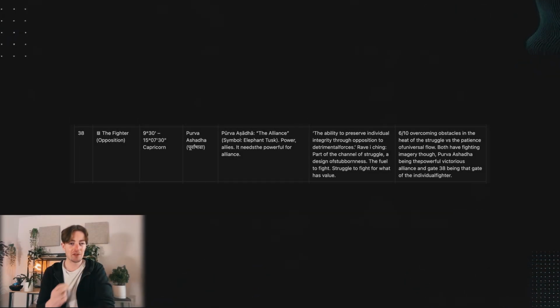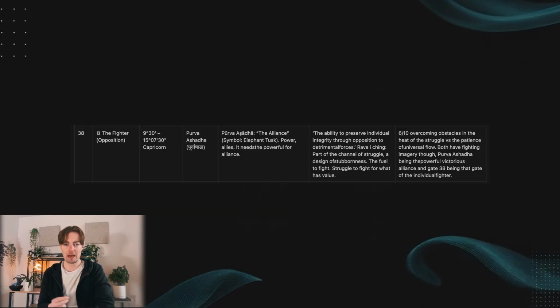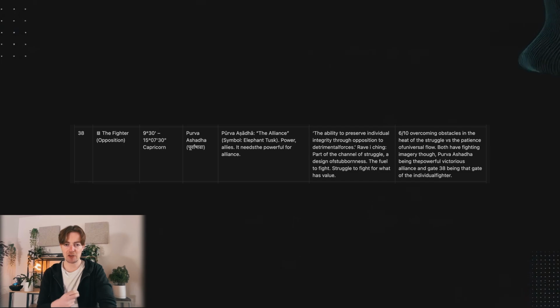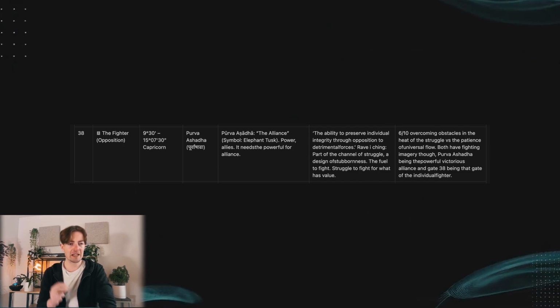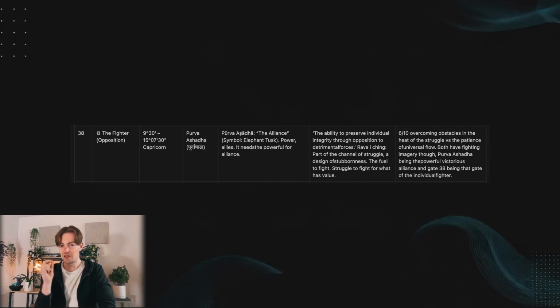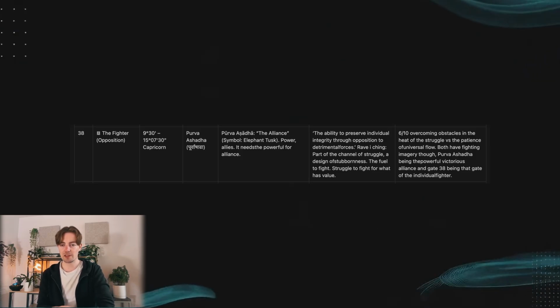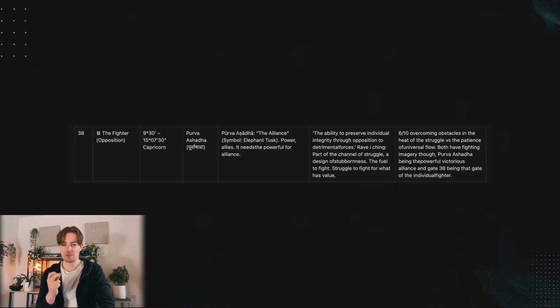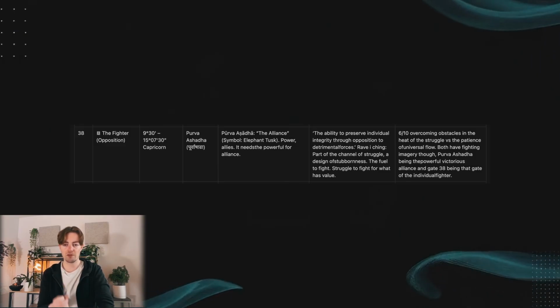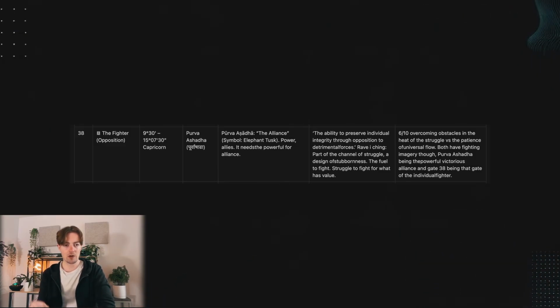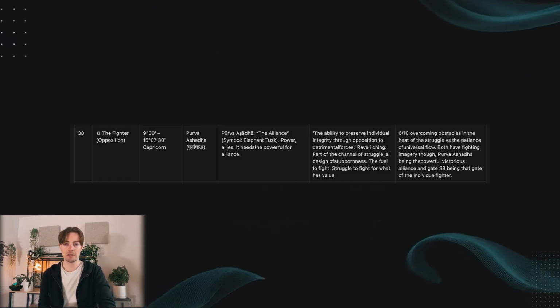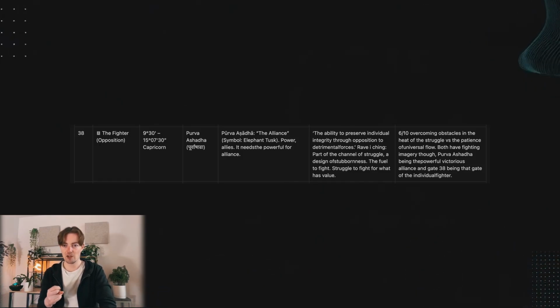Gate 38, the fighter, opposition. This is in 9 degrees to 15 degrees of Capricorn in Purva Ashada nakshatra. So the notes I have for gate 38, the gate of the fighter, is the ability to preserve individual integrity through opposition to detrimental forces. In the Ra Ching, it's part of the channel of struggle, a design of stubbornness, the fuel to fight, the struggle to fight for what has value. So clear archetype, fighting for what has value. I think there's a pretty good 6 out of 10